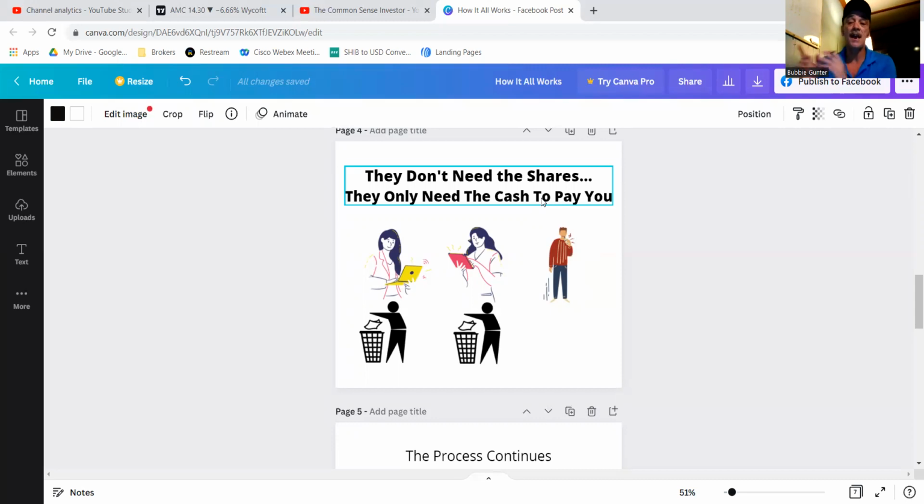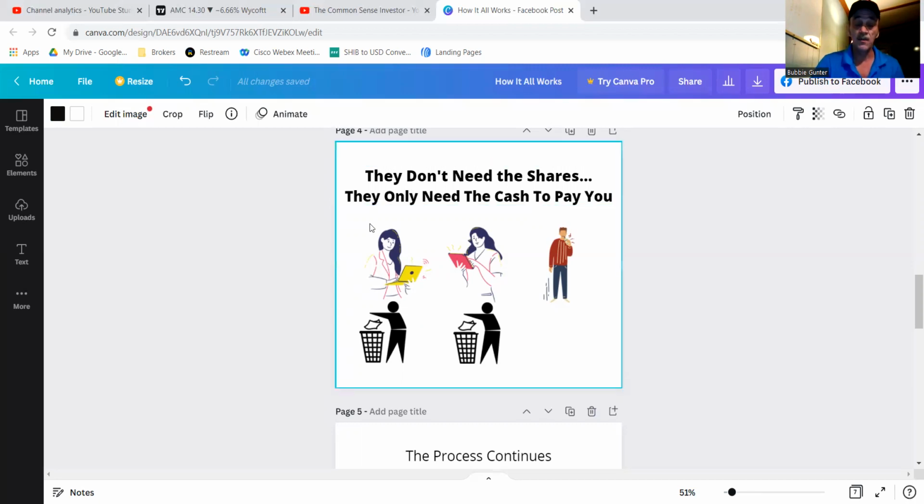They don't need a share of AMC. They have given you a digital share of AMC. Now, there's only supposed to be 516 million in the float, but they continue to give out the digital shares. Every time it dipped, every time you bought, you got a digital share of AMC in your account. Now, when you sell your digital share of AMC, they take the transaction from the digital share, they give you